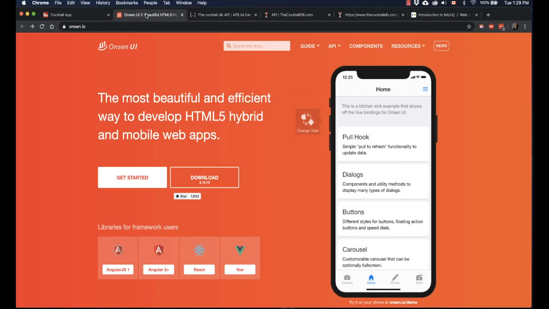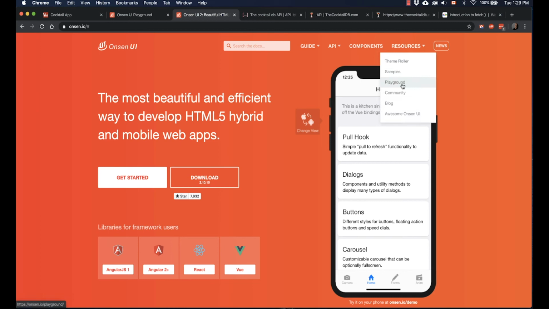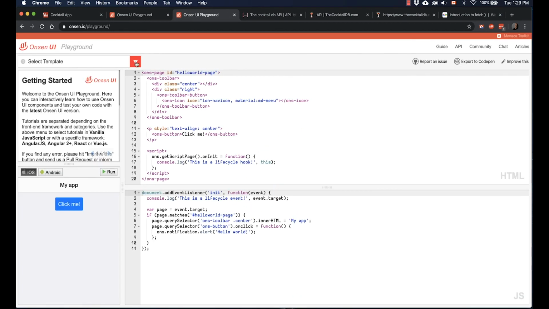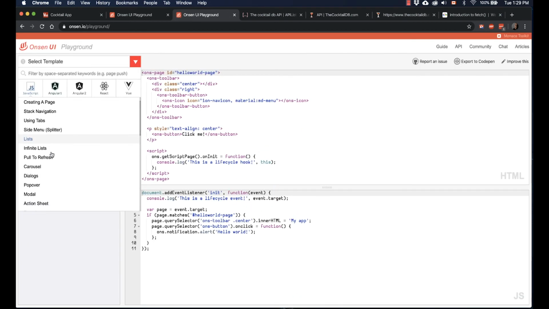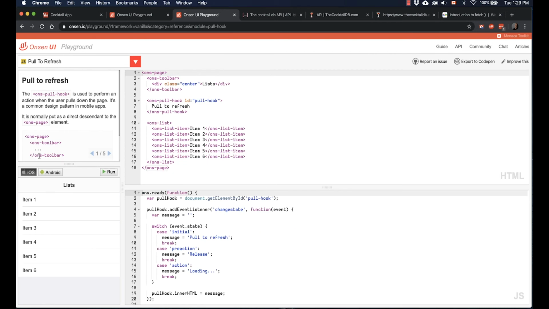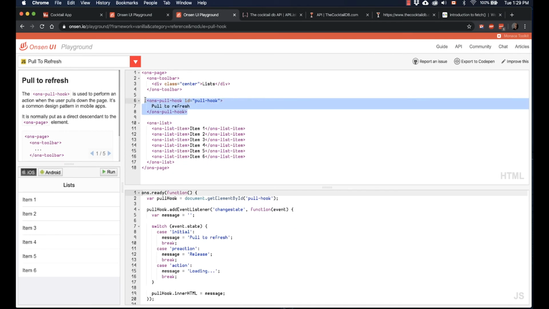Onsen has a nice little feature built in that if you pull down on your screen, like in a native app, it will refresh the screen. So we can use what they call a pull hook to allow people to pull down the screen to refresh the application and get a new random cocktail. So we'll go into the playground, and we're going to select pull hook or pull to refresh. And we can grab that little pull hook code,